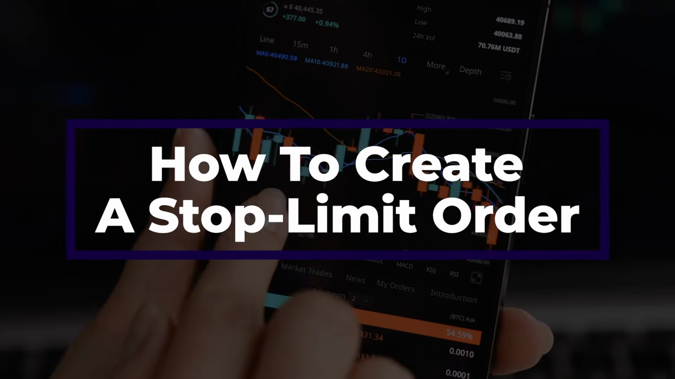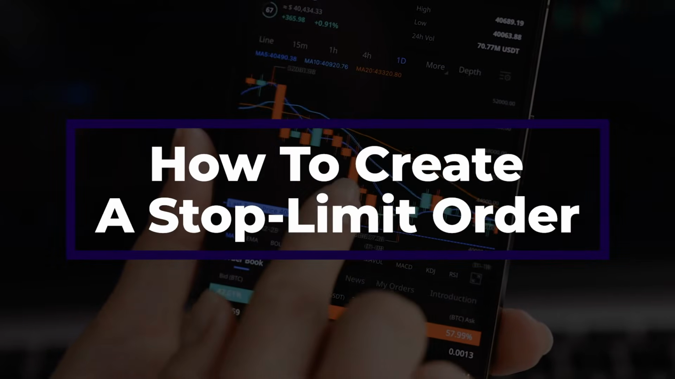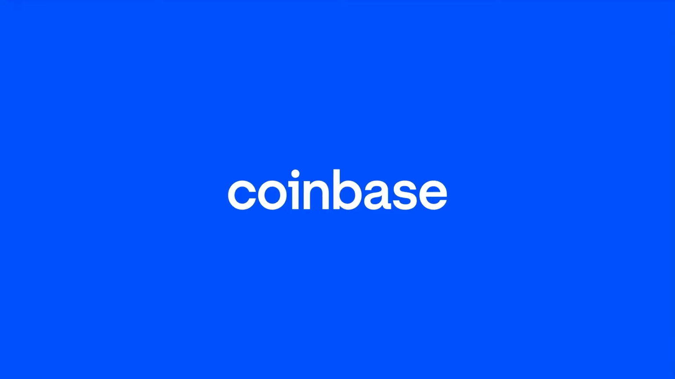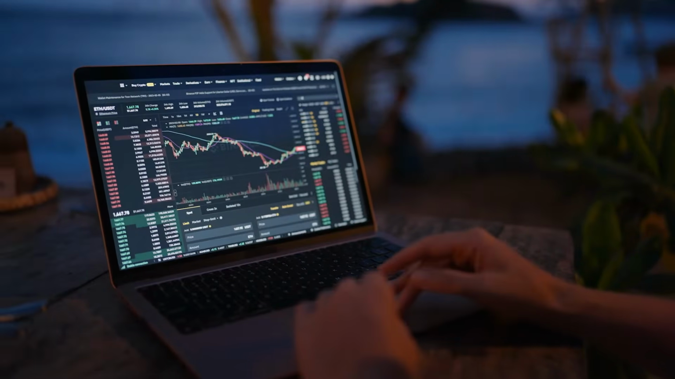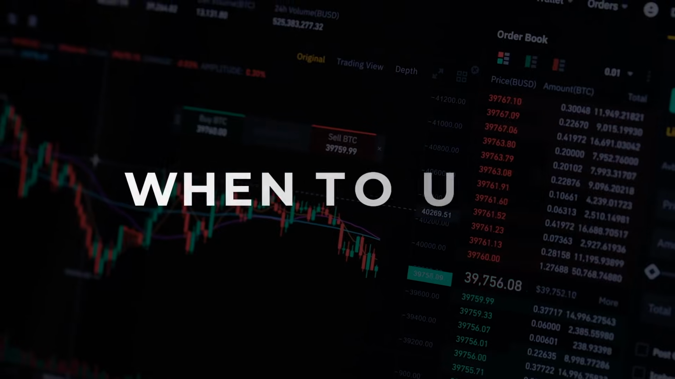In this video, I'm going to show you how to create a stop limit order on Coinbase Advanced. If you're just getting started in the world of crypto and trading, and you're finding yourself puzzled over what a stop limit order is, don't worry. By the end of this video, you'll have a clear understanding of what this is, when to use it, and